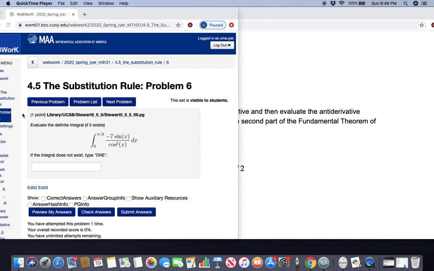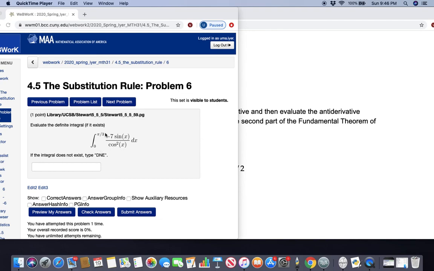Problem 6, section 4-5: evaluate the definite integral if it exists, from 0 to pi over 3 of negative 7 sine x over cosine squared x dx. If the integral does not exist, type DNE. Look, from 0 to pi over 3,